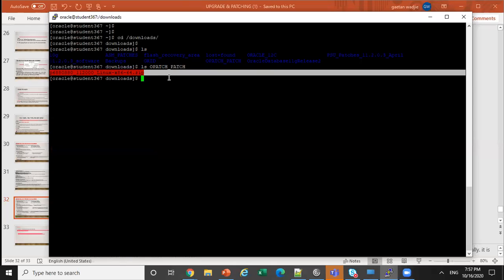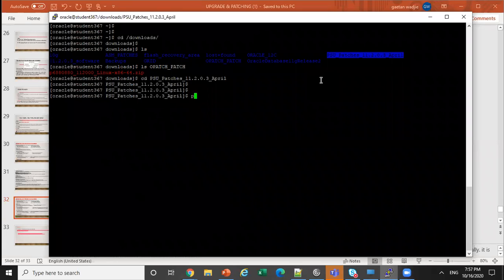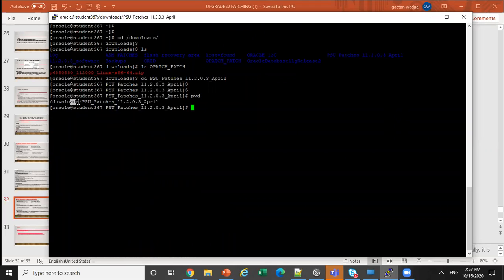If you want to unzip it under another directory, you may need to issue a command like unzip and put the path where you want it to be unzipped. That's where you have the patch. You can use this one, okay? Or use the one in Oracle Home. The patches you need to apply are these. You go to PSU patches 11.2.0.3, the path or download PSU patches April. So if you list here,